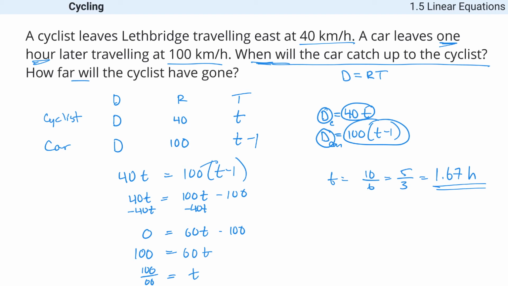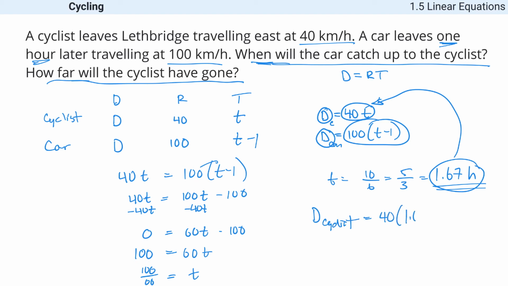Okay, so the car would catch up to the cyclist after 1.67 hours. But then the question also says, how far will they both have gone? Well, I could take this number and plug it in everywhere I see a T there. So the distance that the cyclist went will be 40 times 1.67. And the distance that the car went will be 100 times